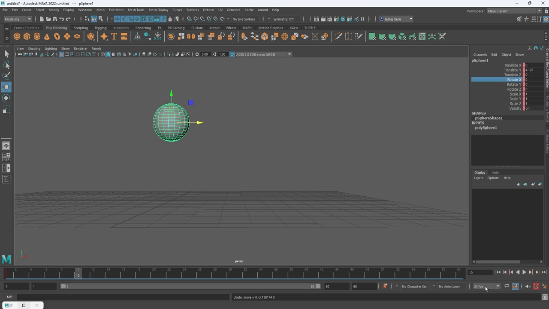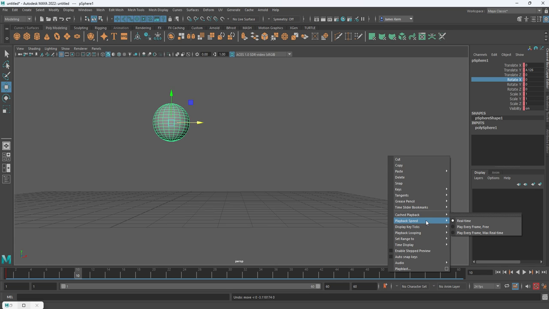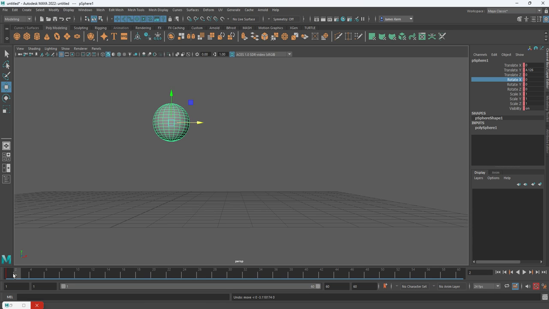And you always want to keep this at 24 frames per second. Always want to do that. And then I think I showed you guys this as well, but you can right click, go to playback speed, and then do real time, and this will create a much better speed for your animations in preview instead of